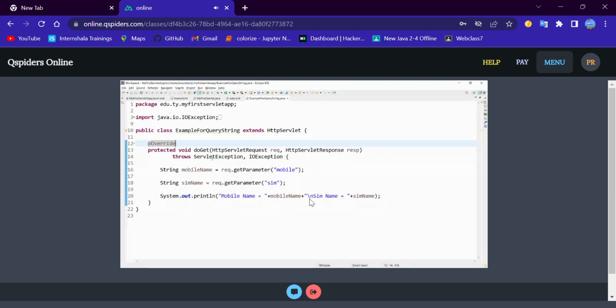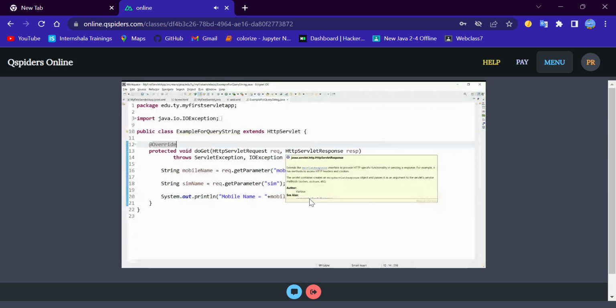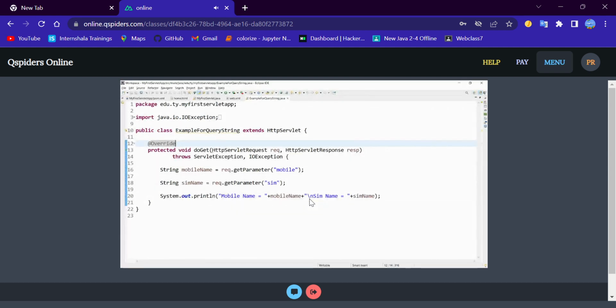Similarly, we have something called HttpServletResponse. So this is also an interface. So why are we using this interface reference variable? The reason is